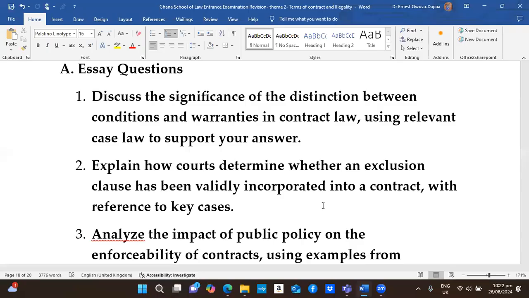Two: explain how courts determine whether an exclusion clause has been validly incorporated into a contract, with reference to key cases. Very straightforward again. You tell us what the exclusion clause is, and having told us what an exclusion clause is,